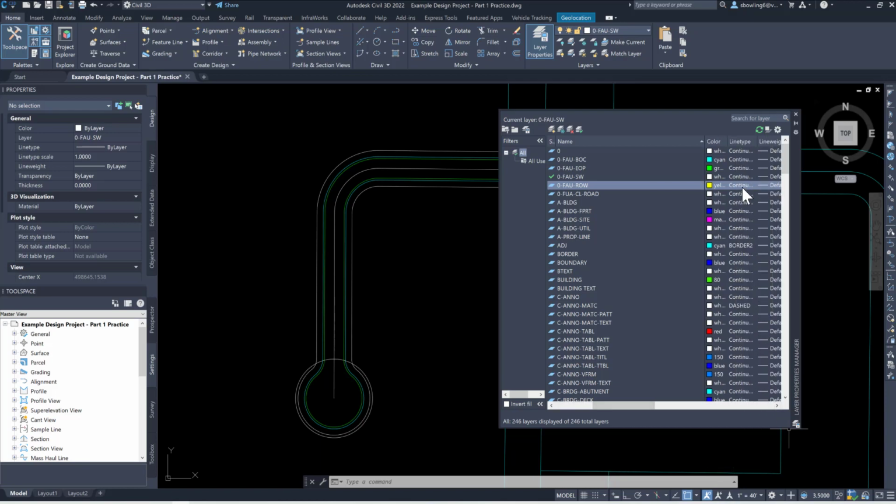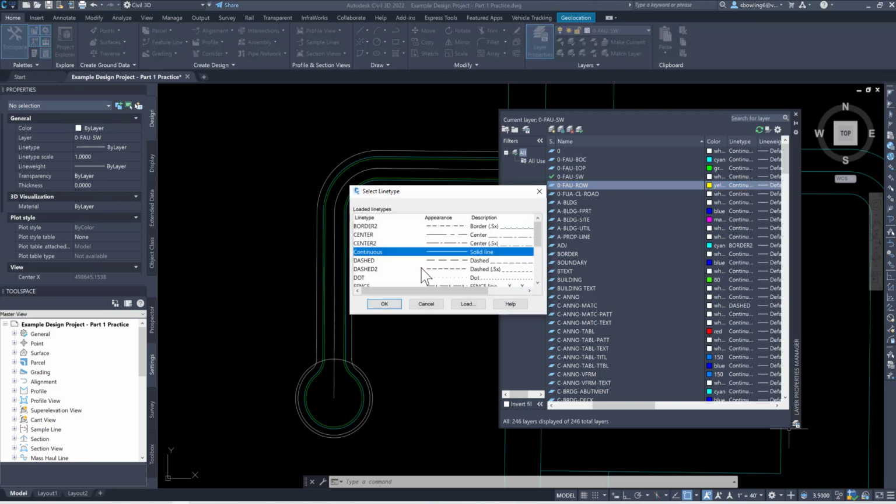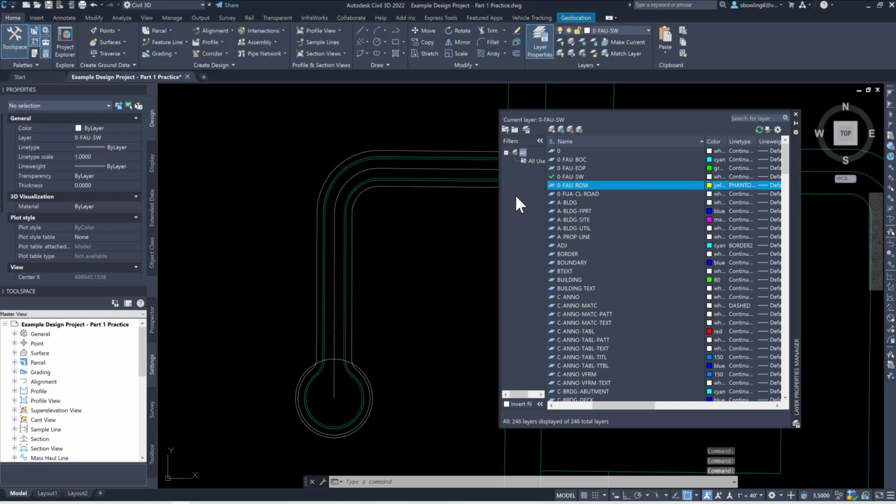The styles are all different. So I'm going to click on the line type, and I'm on the right-of-way. I'm going to click on that, and I'm going to change to Phantom 2. And I'm going to say OK. So it'll say Phantom 2. So I'm going to make it current. Now I'm going to offset that 5 feet, because this will be to the back of sidewalk, also my right-of-way